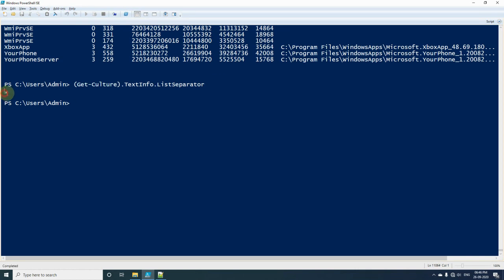You can see here we got comma. So by default, when we export any object to CSV, columns will be separated by comma.